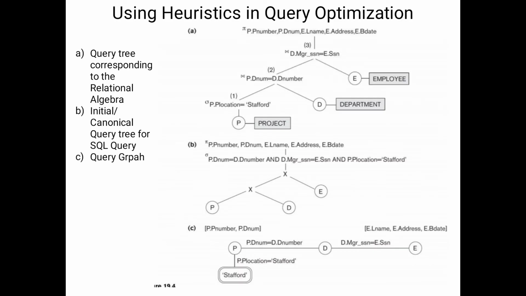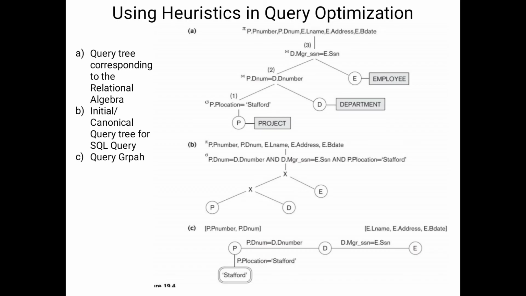Okay, so with the help of conditions, we will indicate the internal nodes as the relational algebra expressions. Already we have discussed what information we will consider at the internal nodes and what information we will consider at the leaf nodes. So with the help of those conditions, we will consider the query tree, the initial query tree. The initial query tree is also called the canonical query tree. Okay, finally we will construct the graph.